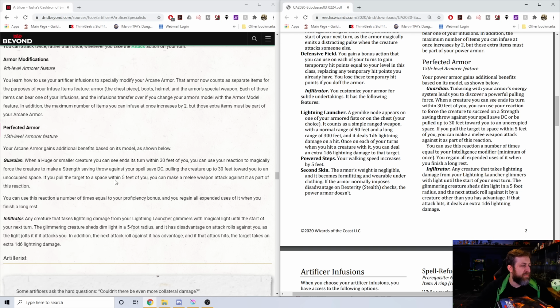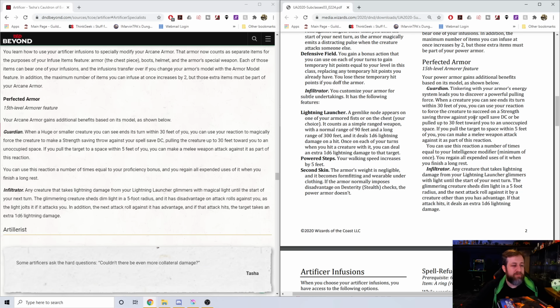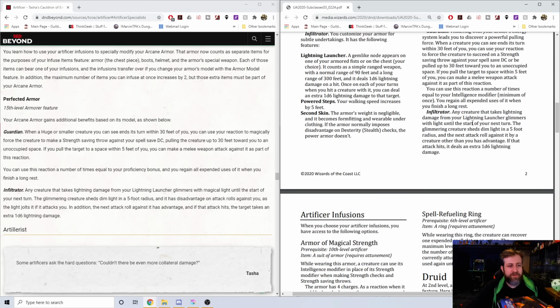Pulling the creature up to 30 feet to an unoccupied space. If they're within 5 feet, you can make a melee weapon attack. This is now proficiency bonus times prolonged rest. And the Infiltrator used to have